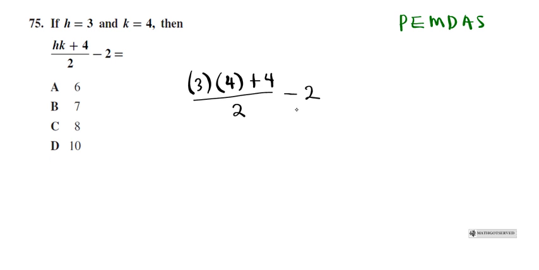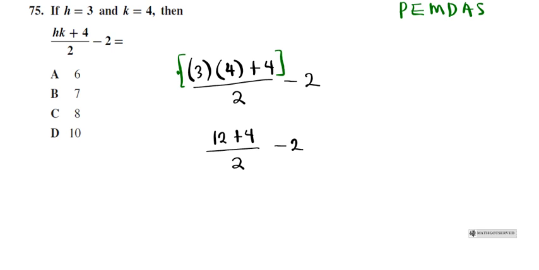Multiply, add, divide, subtract. So what we do first is this numerator right here. We can group them in parentheses, so we can evaluate this numerator first before we divide. Alright? So if we look at the numerator, we need to multiply first. Multiply these two, so you have 12 plus 4 divided by 2 minus 2. Note, because you have a lot of things going on here, it's as though we're grouping this numerator in a parenthesis because we want to simplify it as much as we can first before we divide. Alright? So we have 12 plus 4 over 2, and then 12 plus 4 is 16 over 2